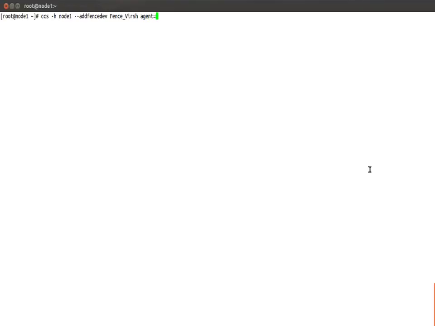The agent name is fence_virsh. I'm giving the same name, just the name of the instance is fence_virsh. So you can give any name of your choice. Then ipaddr 192.168.1.200. Login name,